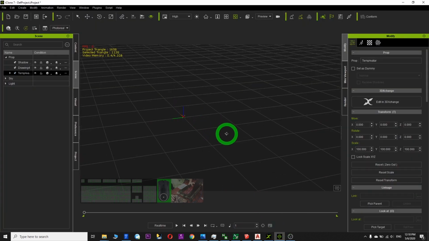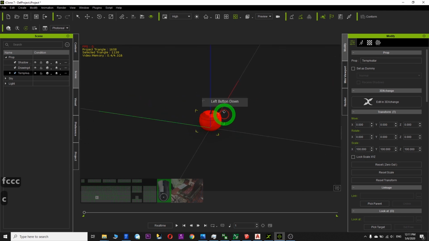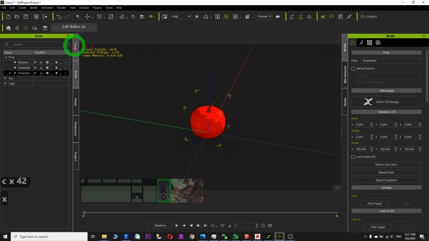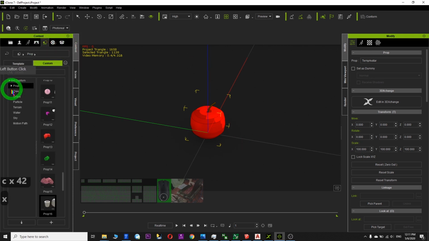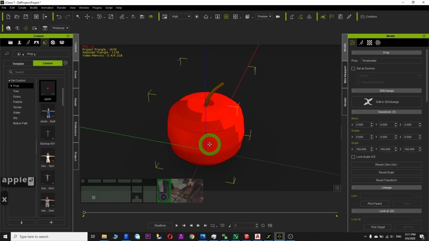So in iClone, I can press F to view it. This is the exact size of an apple in iClone, compared with the scale of human size. Go to the content, click here, 1, 2, 3, 4. This is apple. So just zoom it,